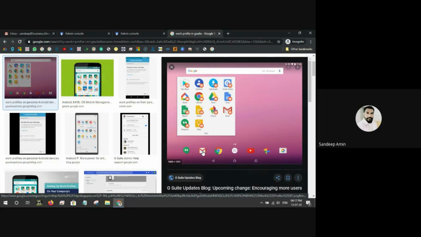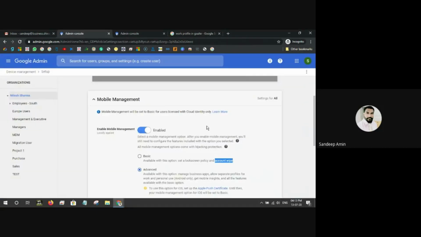Whenever he clicks on this Gmail, his official email will open, and whenever he clicks on the other Gmail, his personal Gmail will open. In the same way, when he clicks on the work Google Drive, his official Google Drive will open, and when he clicks on the normal drive, it will take him to his personal drive. That is how a separate profile gets created if you are giving him advanced access. And the third thing inside advanced access is,